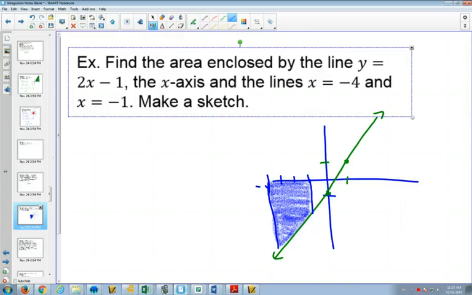Should have used red. There we go, kind of. There we go. Pretty. So there's our sketch. Now the entire curve is negative. So if we were to find our integral between -4 and -1 of 2x minus 1,